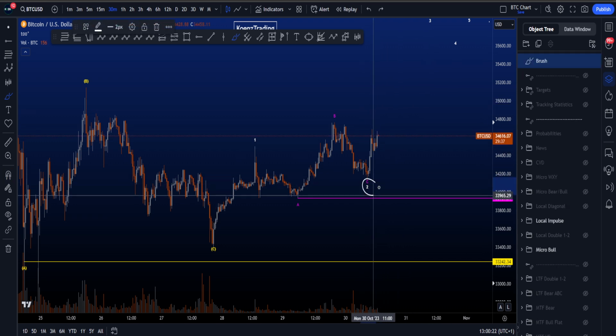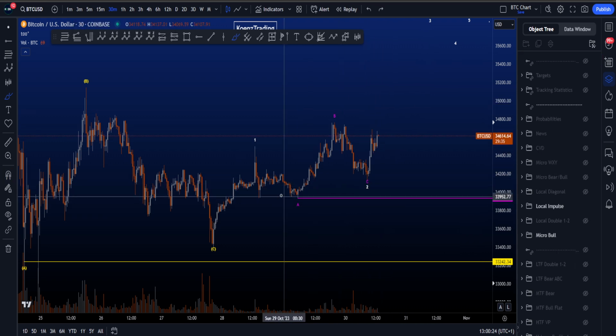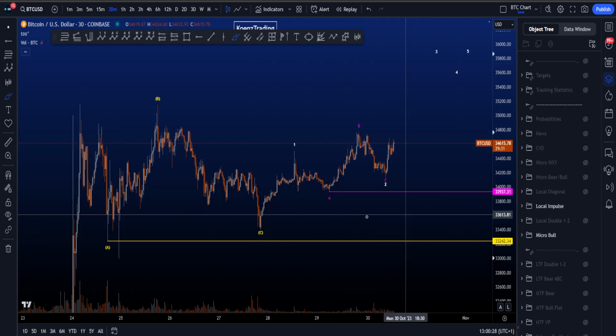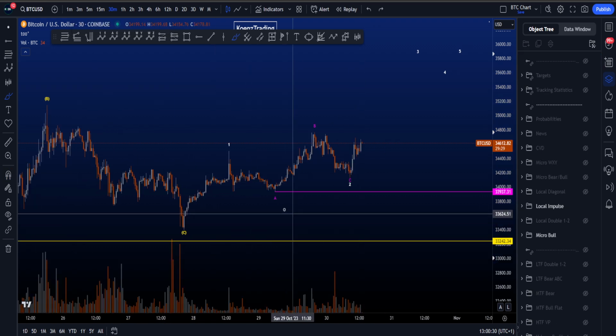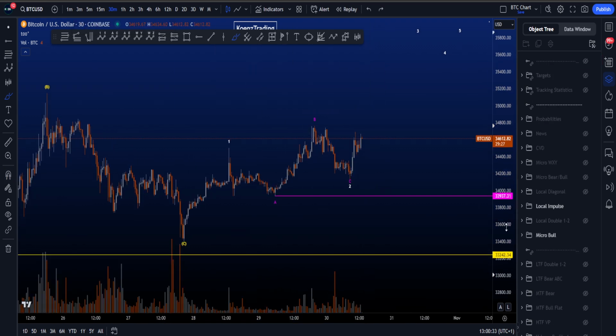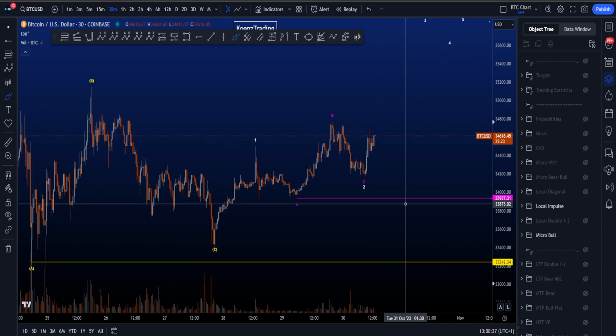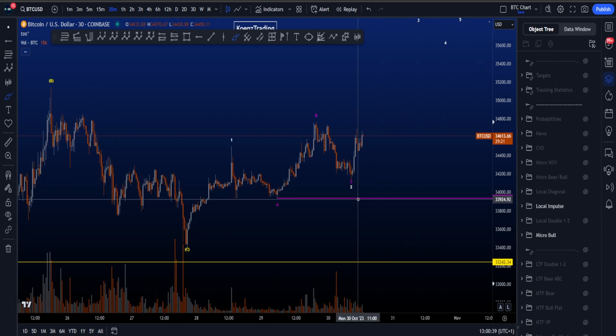The difference is this wave 2 though, because now you're going to be looking for a running flat in wave 2. So medium time frame running flat, micro running flat, and a local running flat. I mean, come on, right? Probabilities in general are low for a running flat, but 3 in a row, that would annoy me. But anyway, that is a potential scenario still for then the low and continuation to the upside,